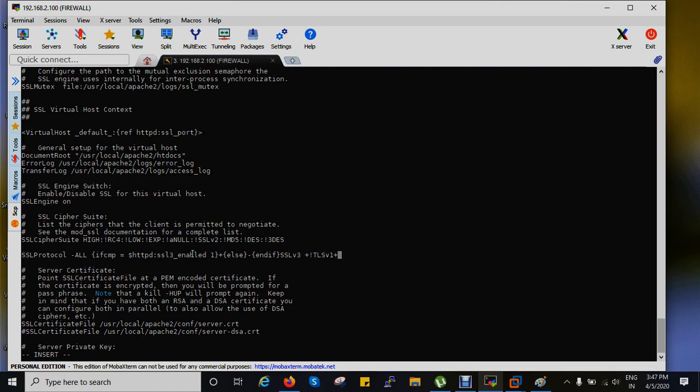If we want to use TLS, use TLS version 1.2 here.